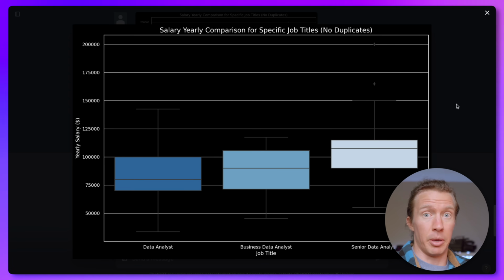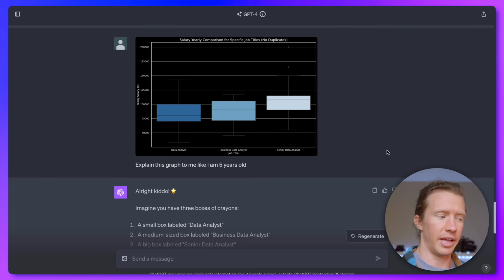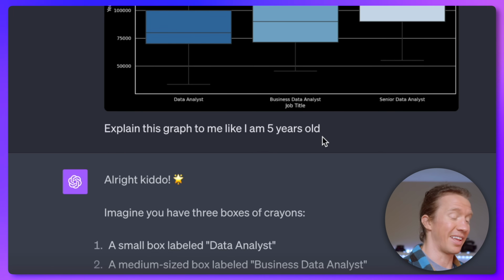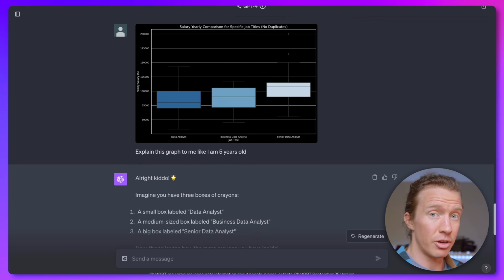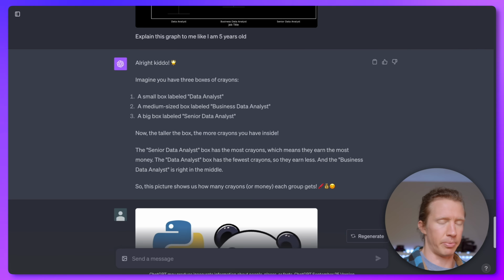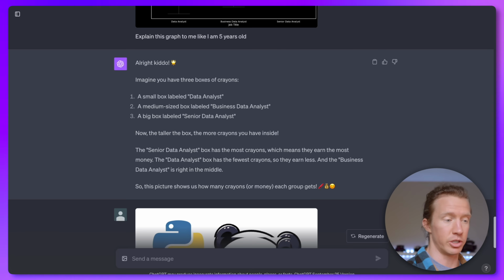You yourself may not even be able to read this. So you can take it and feed it in, and I did, in this case, prompted it, explain this graph to me like I'm 5 years old. And it goes into explain it using a color box related analogy. Now you could change it up on what kind of analogy or how you want to explain it to you,